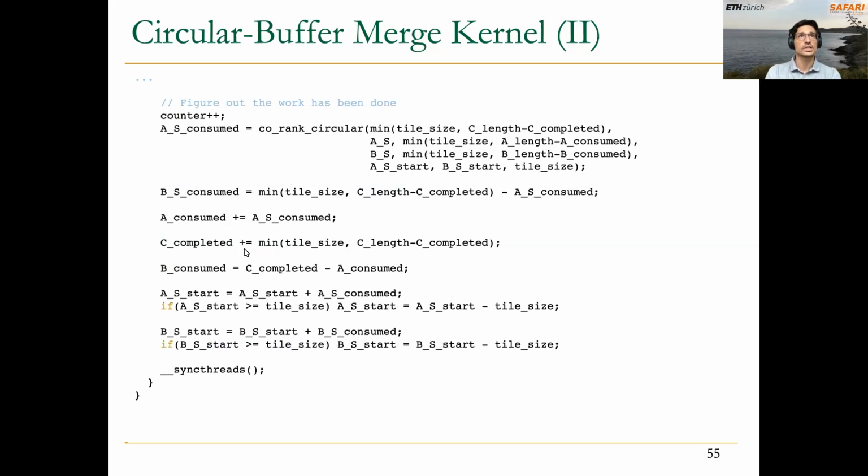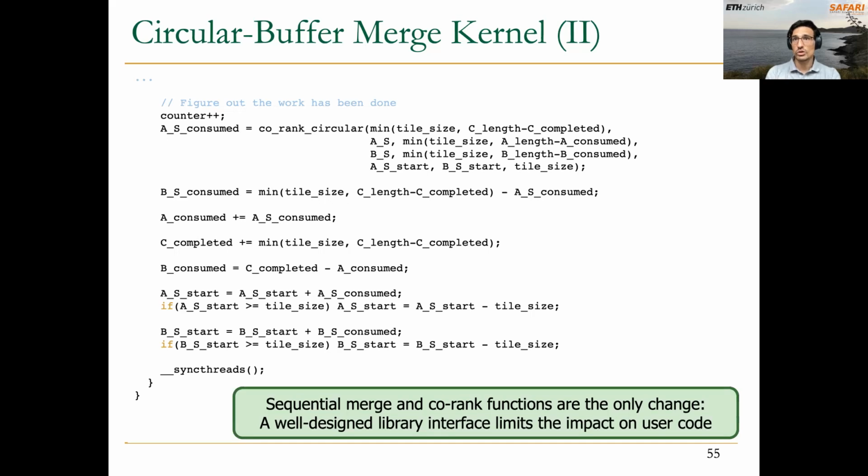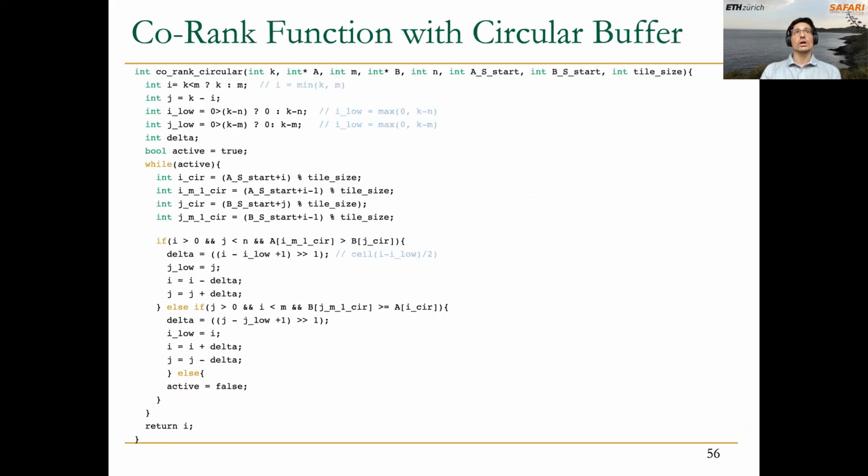And more or less it's the same for the final part of the while loop, where we update the consumed and completed variables that keep track of the part of the input arrays that have been consumed and the parts of the output array that have already been written. An interesting observation here is that, as I said before, only the sequential merge and core rank functions change. Essentially this implies that a well-designed library interface, such as the one in this example, limits the impact on the user code. The thing that we really have to change internally is the core rank function,